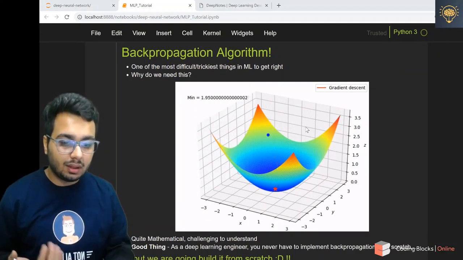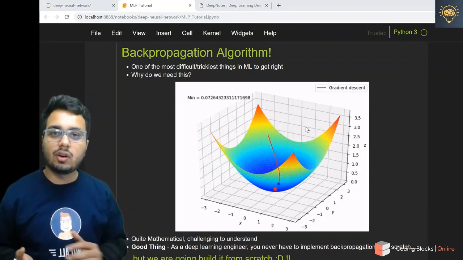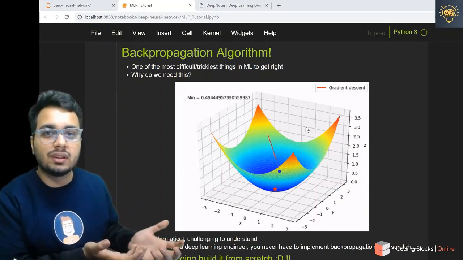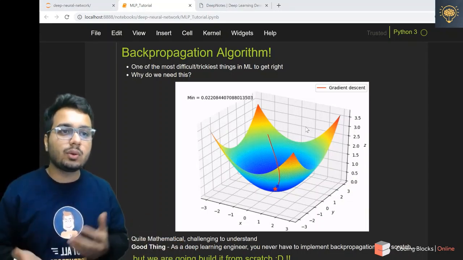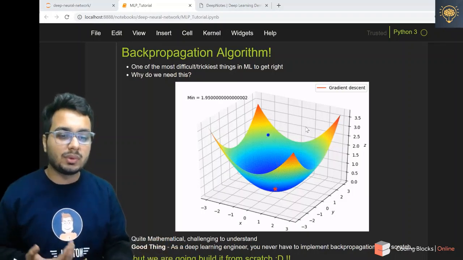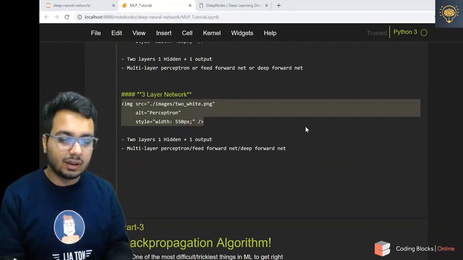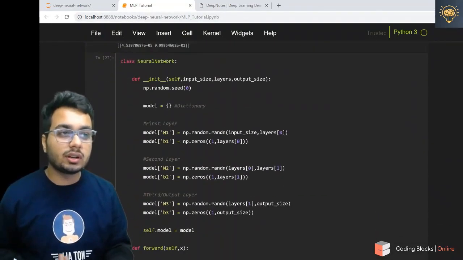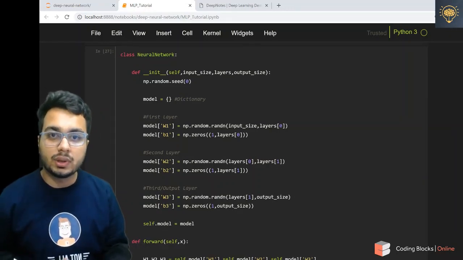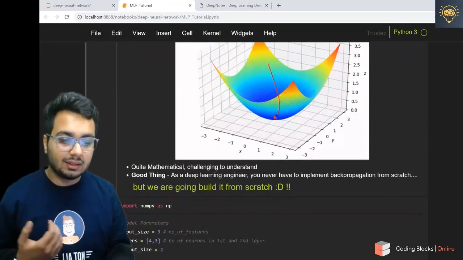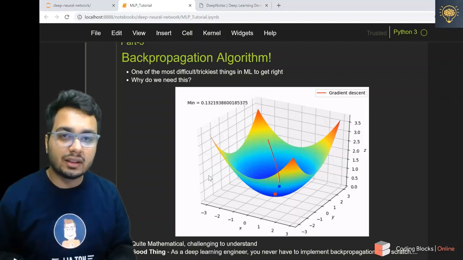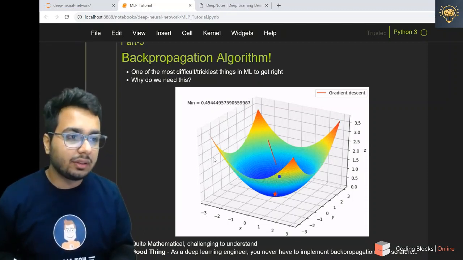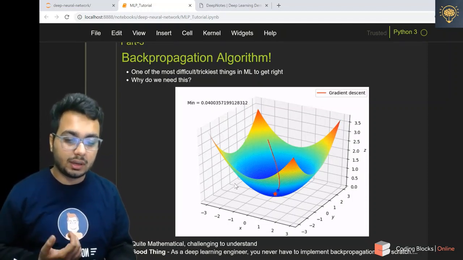Why do we need this? We have already seen that if you have a neural network, you can do a forward pass and get the predictions, but the predictions are going to be random because you are just doing some random initialization of weights like we did earlier, right? But what we want is that our network should be able to learn. It should have weights that are meaningful, that can give you good results on classification, regression, or anything, right? So any type of learning you should be able to do.